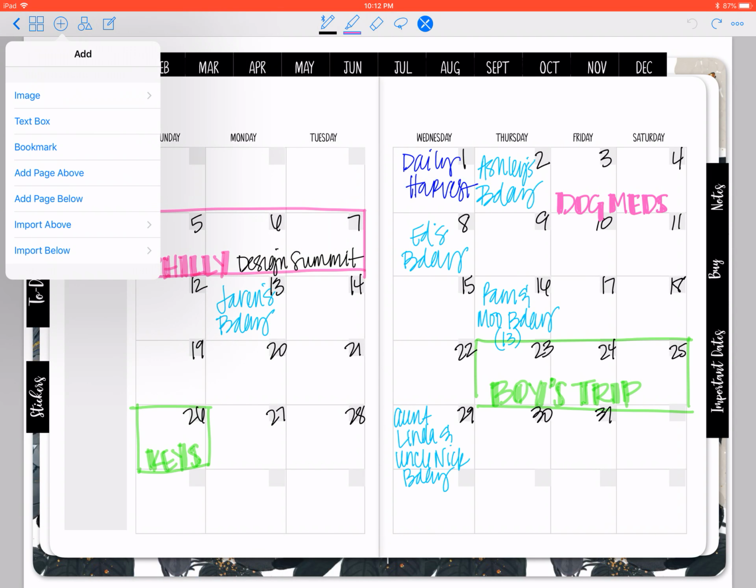You have your plus, this is where you would add bookmarks. This is where you would add pages above or below. If you want the GoodNotes default, which is a ruled, a grid, a blank page. The reason I don't like those, and I like using the specific inserts, which you would import above or below, and you would find the image saved on your iPad, either in your photo section or in Dropbox or wherever you save documents, is because when you import a page,